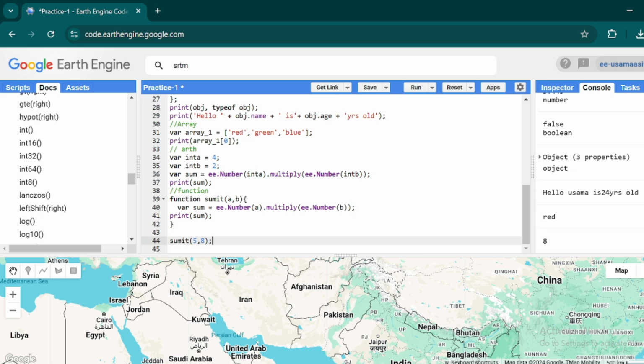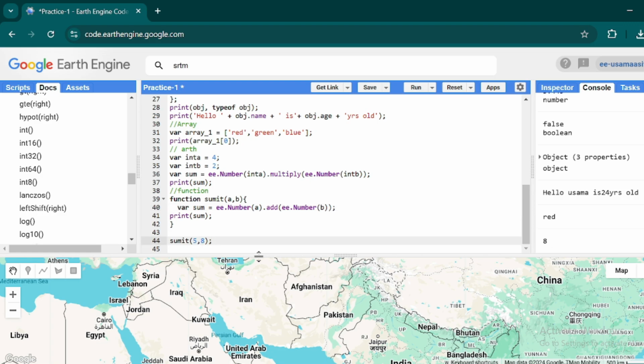So actually this 5 is representing this a and 8 is representing this b. So what will this a and b do? They will come and be saved in a variable named sum, and then they will perform addition between a and b, and then this print function will print my result.